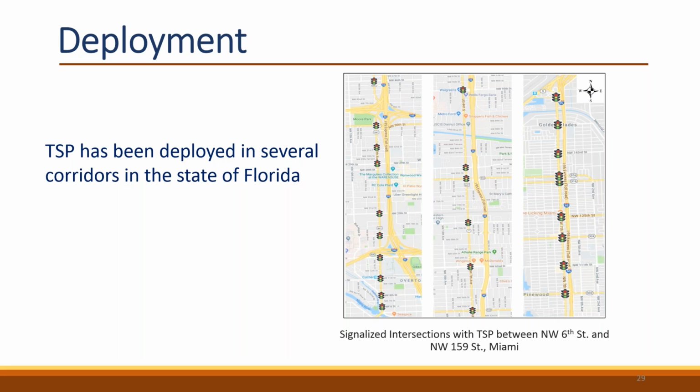We are evaluating the safety and operational performance of this corridor in order to quantify the benefits of transit signal priority. When quantifying the benefits, we are focusing not only on the performance of the buses, but also the performance of all vehicles along the corridor. We found that TSP not only improves travel time and average speed and reduces delays for buses, but it also improves travel time and reduces delays for all vehicles along the study corridor, not just transit. So in other words, it's a win-win for both transit and vehicles.